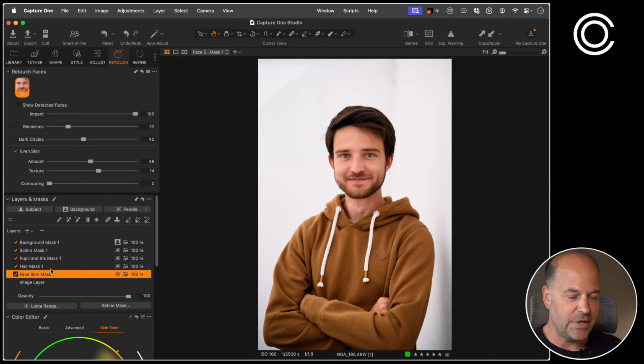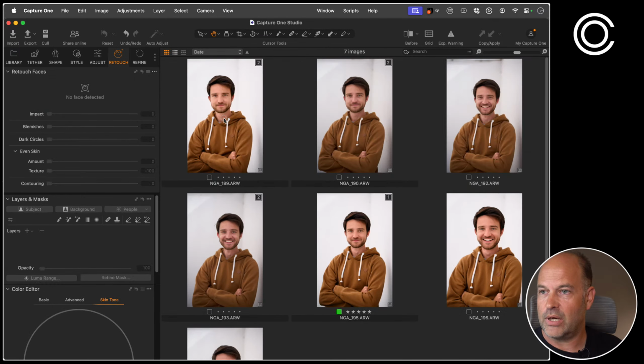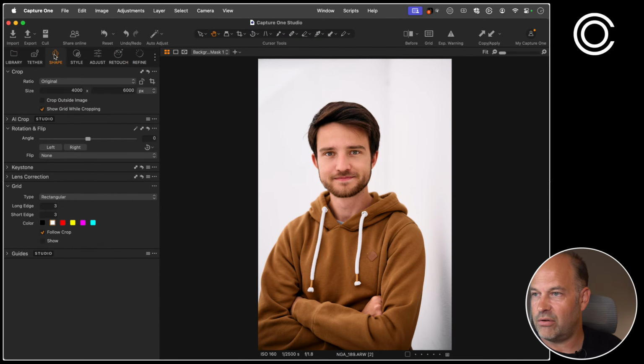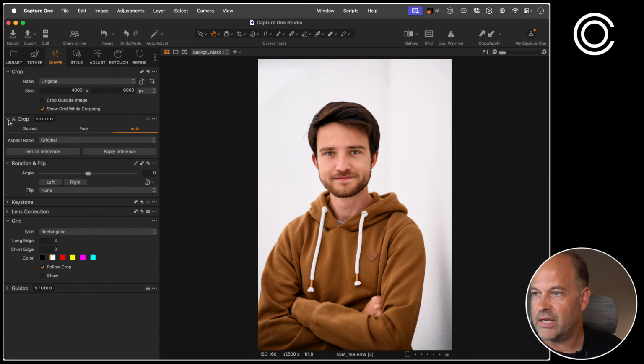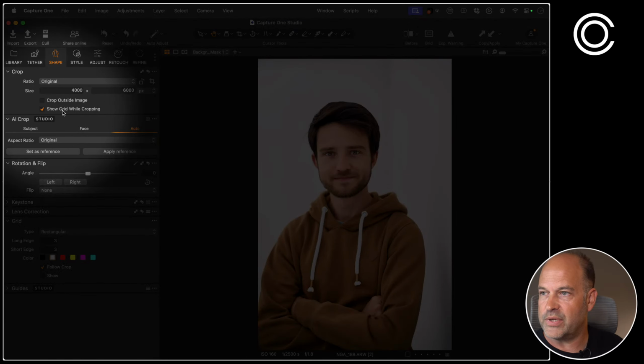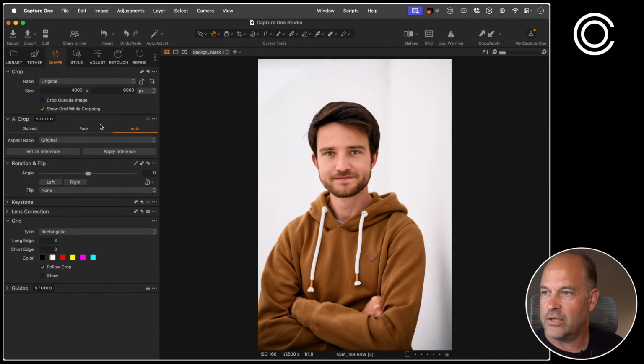Now, as I said, if we'd done everything manually, we wouldn't be able to copy paste that stuff across. Now to finish, we're going to use a really handy feature which a lot of you probably don't know you have. I'm using Capture One Studio for clarity, but what I'm going to do now is also available in Capture One Pro. What you're looking for, if you're running Capture One Pro, is at the bottom of the crop tool,